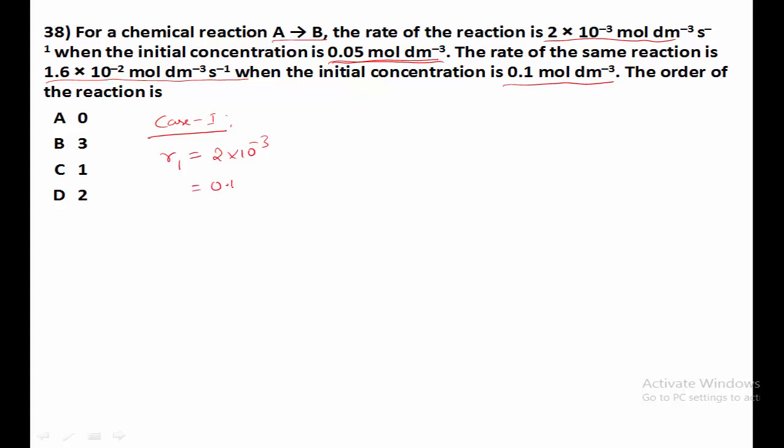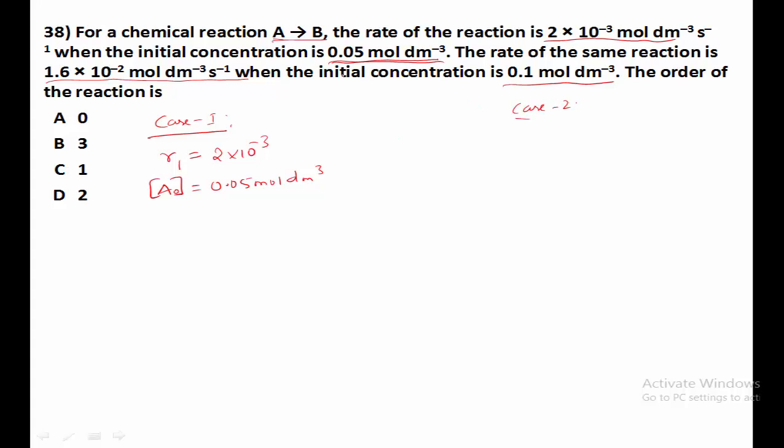0.05 mole per dm cube. That is indicated by the concentration of A naught. Since the reactant is A, we have considered A naught, that is the initial concentration. Next, another case is given